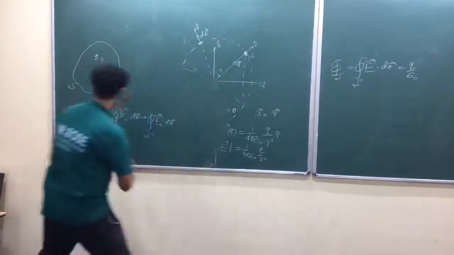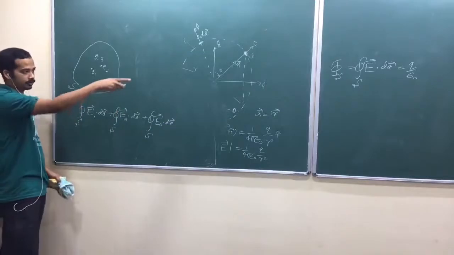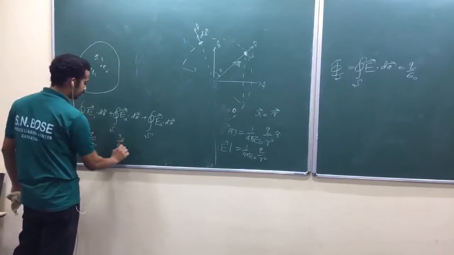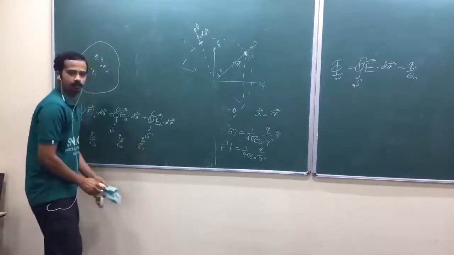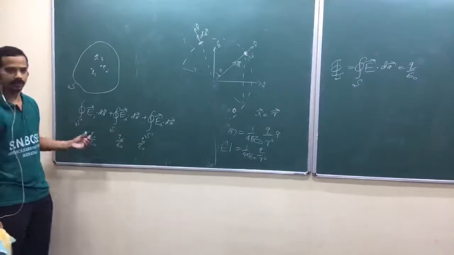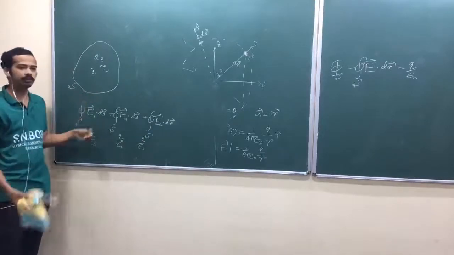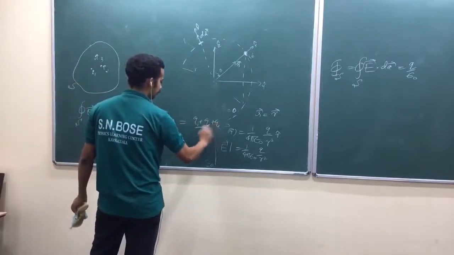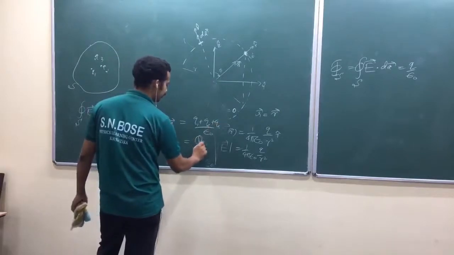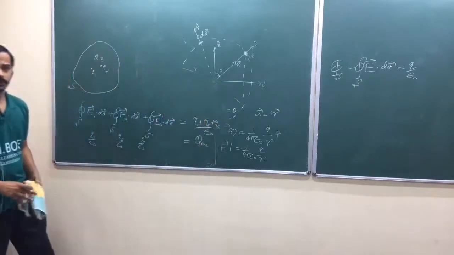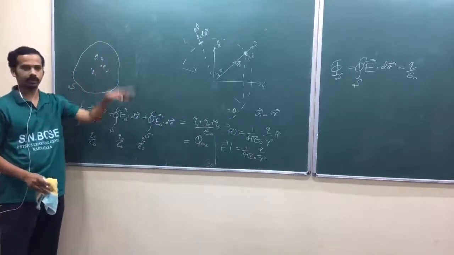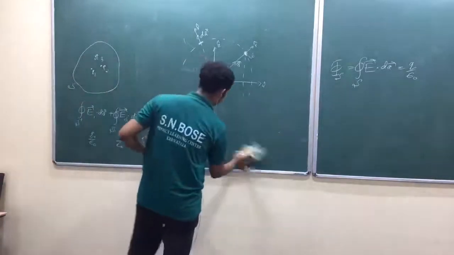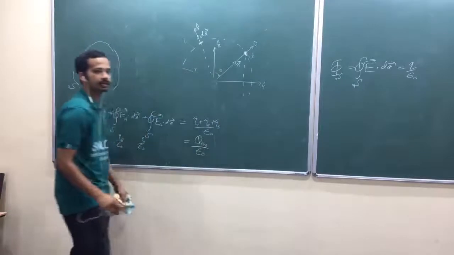Each of these, according to our Gauss law, what is this one? Q1 by epsilon naught, Q2 by epsilon naught, Q3 by epsilon naught, am I right? One may be positive, other may be negative, isn't it? If it is positive, it will give net outward flux. If it is negative, it will give net inward flux. So now what is the resultant? Q1 plus Q2 plus Q3 by epsilon naught. We call this Q enclosed. I am talking about charge inside, okay? Let me talk about charge outside a little later. Q enclosed by epsilon naught. That's our Gauss law.